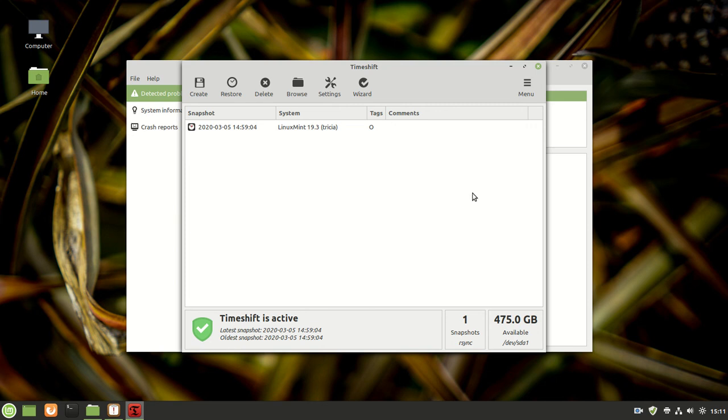So this concludes looking at TimeShift for the Linux Mint